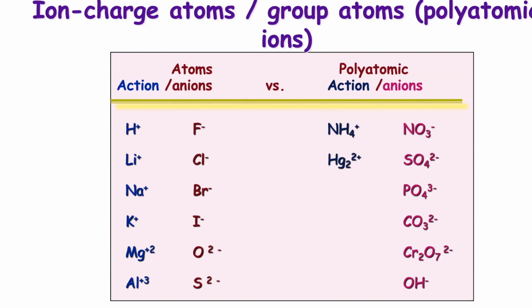Sometimes you have groups of atoms, and these are called polyatomic. Poly meaning many, atomic. They are charged groups of atoms, and they satisfy the octet rule as well. You just have to know these polyatomic ions in terms of their formula and their